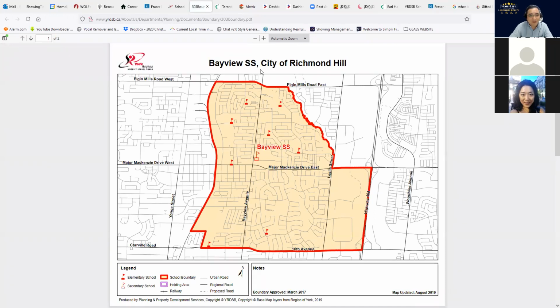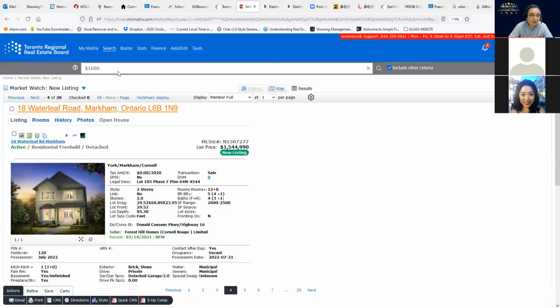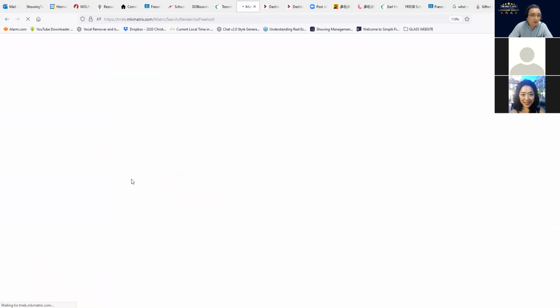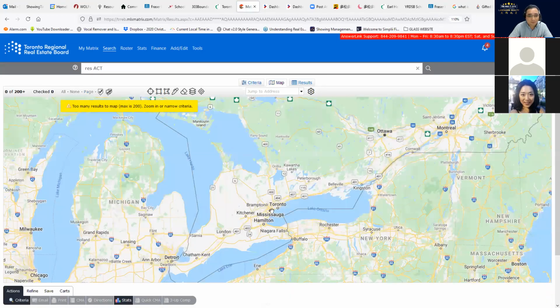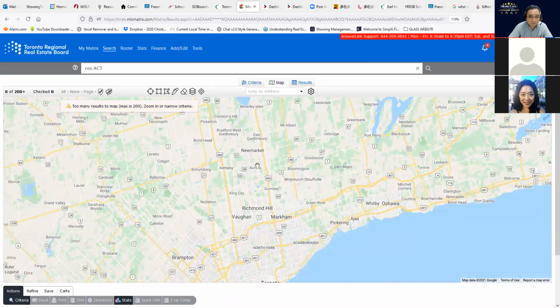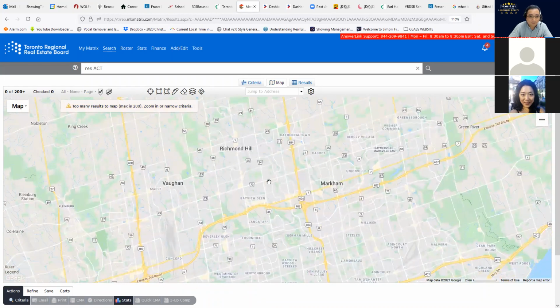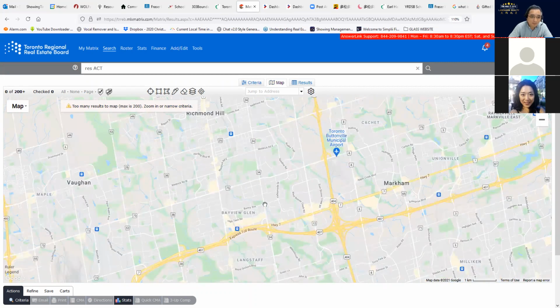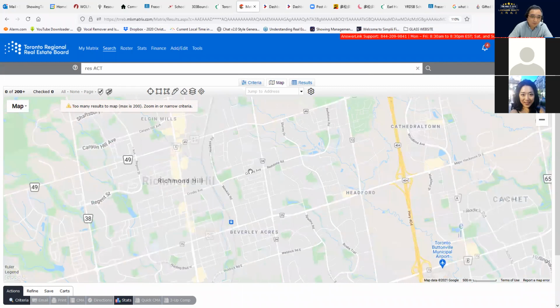So that is the Bayview Secondary School boundary map: Yonge Street, Elgin Mills, 16th Avenue. So I will go here, search freehold, go to map. On the map, I will go to Elgin Mills.